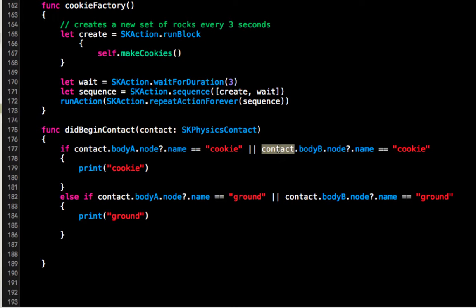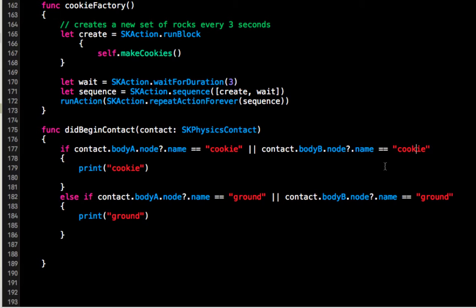Or if I have a contact with body B and its node name is cookie. I'm just giving both instances because when something hits, let's say the cookie hits the smiley face, I don't know if it's going to be body A or body B. The computer determines that,